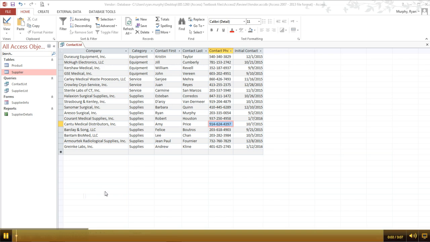Alright, so on step 5 now of the review assignment for tutorial 3 of Access, we're still in the contact list query, and we updated the data value as we showed in the last video. So we changed the phone number. Now in step 5 we want to change the size of the font for the contact list query to 12